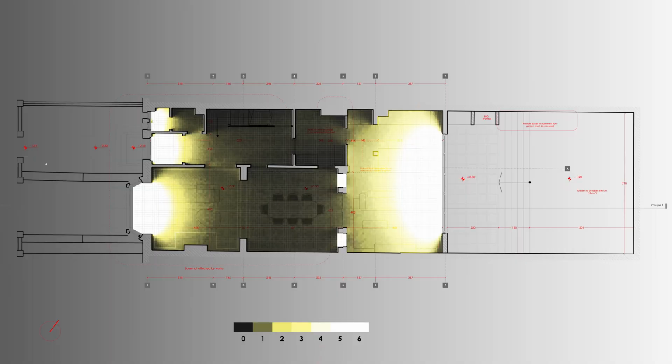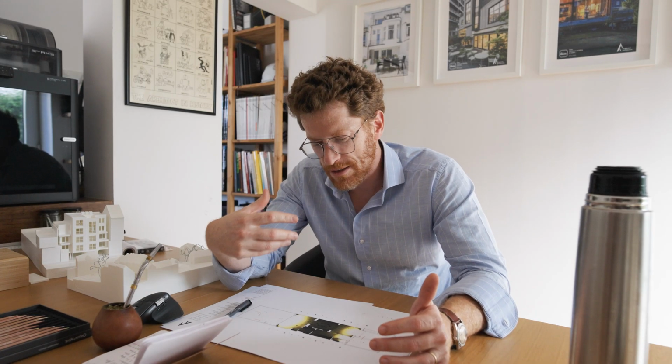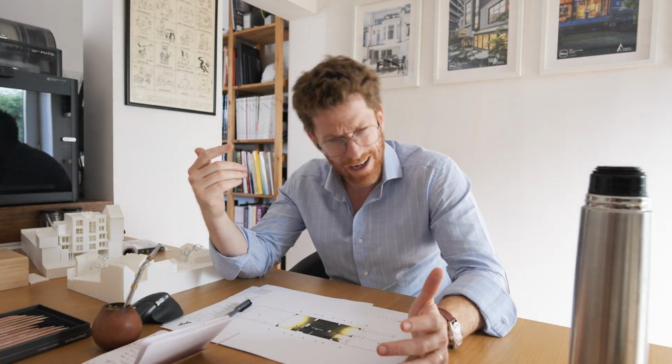The first scenario I ran was doing these two skylights to either side of the window coming out of the balcony. These are okay. I thought it was going to be a bit better. The problem with these is that they're offering a lot of light in one spot and they're not distributing the light enough. At least that's my initial read. I also don't like very much the aspect these skylights will have from the balcony, so I quickly dismissed this